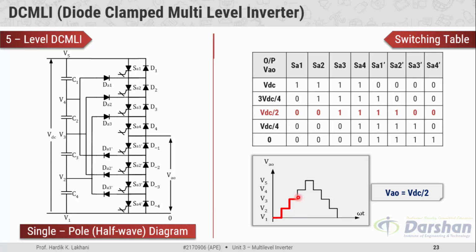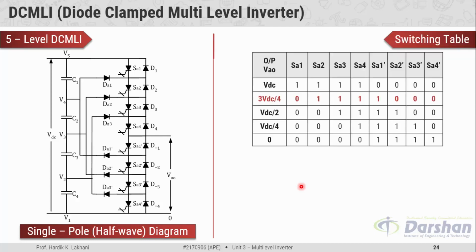After some amount of time, at this instant, to go from third level to the fourth level, we have to change the states of the switches. And as mentioned in the switching table, to produce fourth level with magnitude 3 VDC by 4, the SA2 switch would be turned on and SA2 dash switch would be turned off. As the SA2 is triggered, DA1 comes into the forward bias condition. Hence, V4 node gets connected to the upper terminal of output through DA1, SA2,